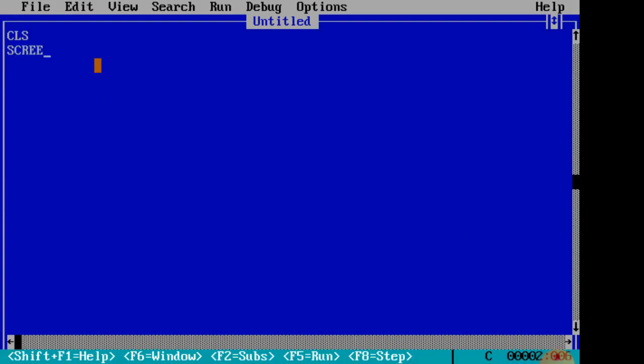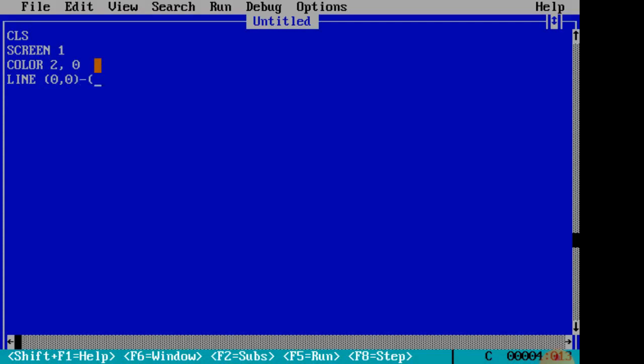And now we write SCREEN 1, supporting the resolution and the color. Now for color, background and foreground, you have to write COLOR, and 2 as a background and 0 as text, or you can say foreground. Okay, now we write LINE, then open the bracket, and write the column address as 0. If you write 0, 0, that is column 0, row 0, so it will start from the starting point of the screen.